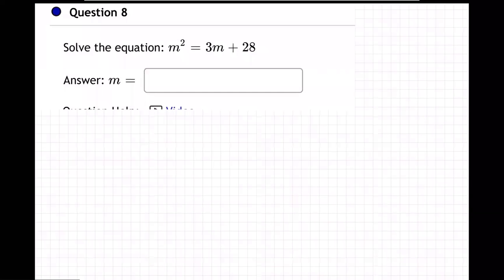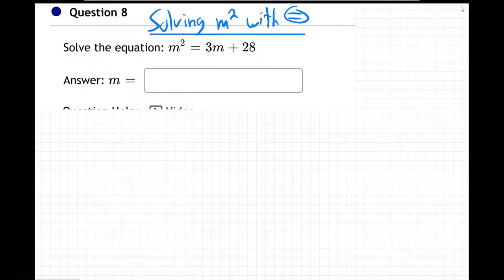Okay, so on this question, we are wanting to solve this equation right here. Basically, we're solving an m squared, or x squared, or whatever, with an equal sign. So how do you solve an x squared with an equal sign? Step one,